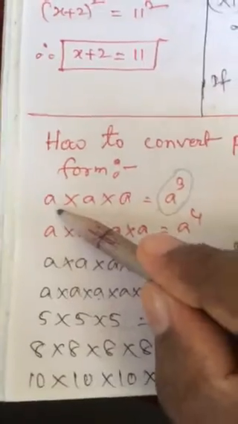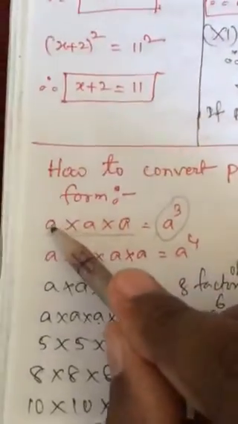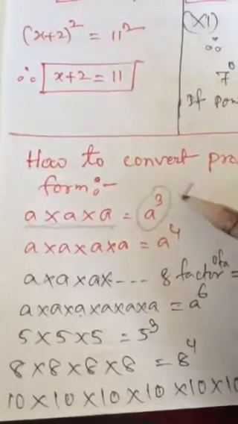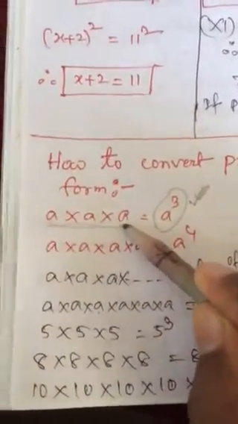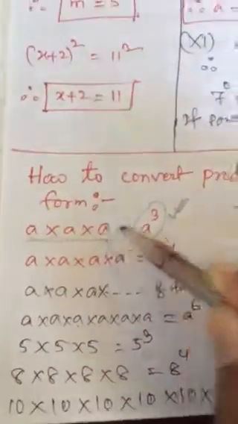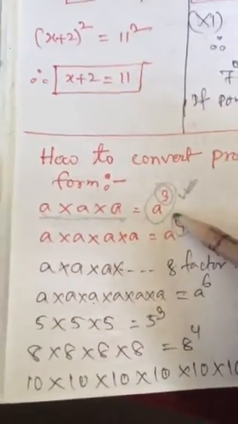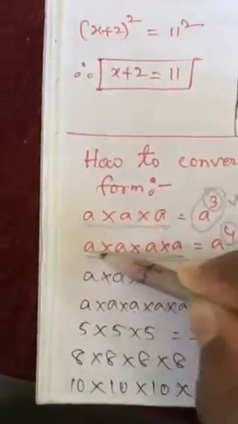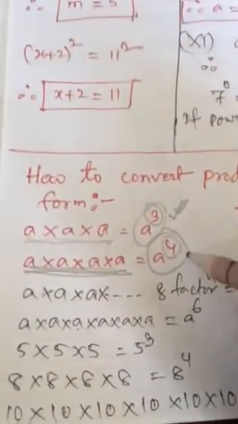Okay, you see here a multiplied by a, this is called product form. And when we multiply the same factors together, then we can write them in short form. This is called index form. Like instead of writing a multiply a multiply a, it can be written a to the power 3, because the factor a is given 3 times, so power is 3. If it is given 4 times, 1 2 3 4, power will be 4. This is the product form, very long, and it takes time as well as space, but this form takes less time and less space, and this is called index form.